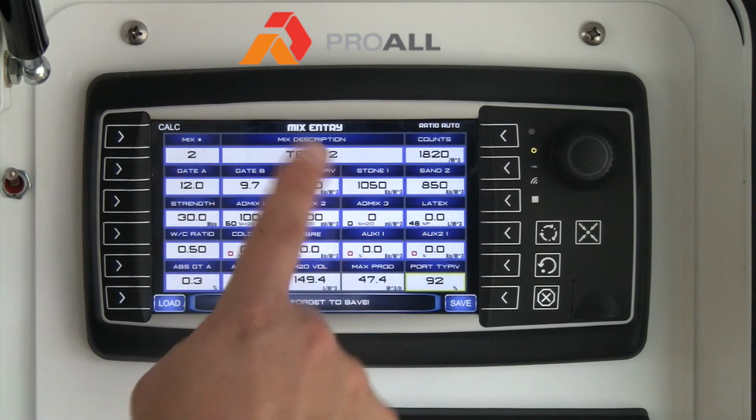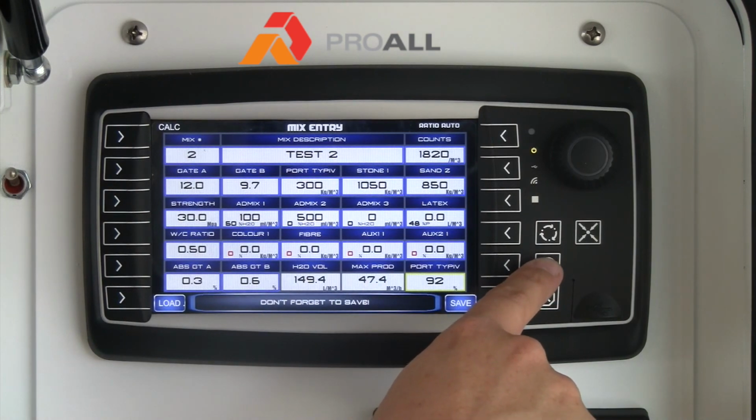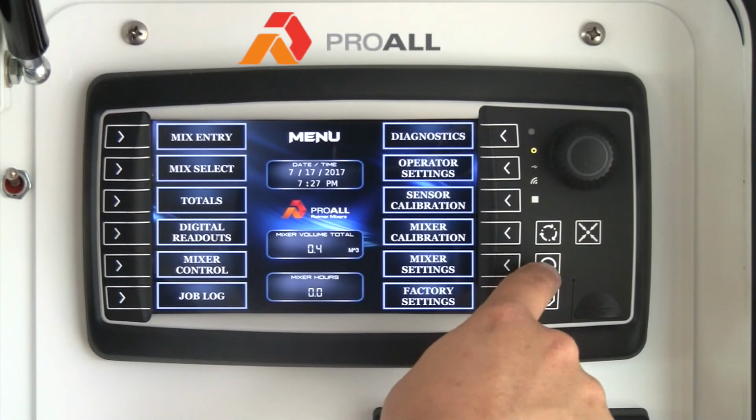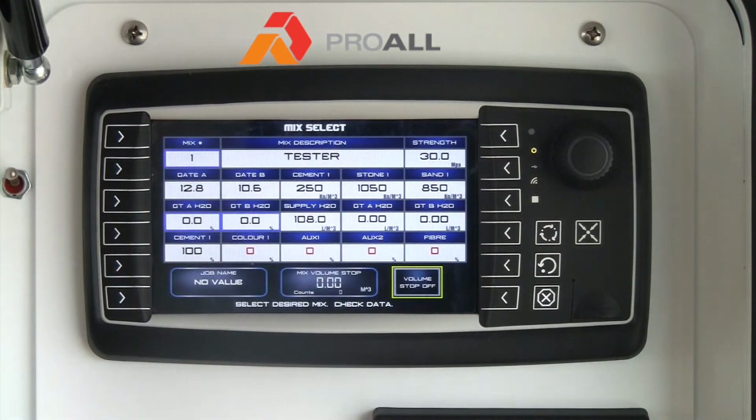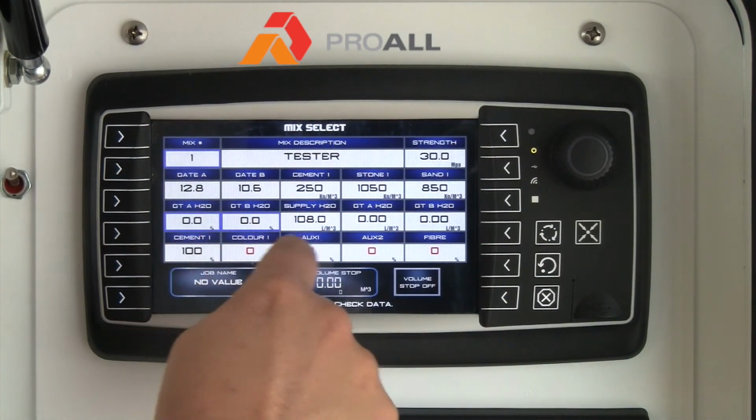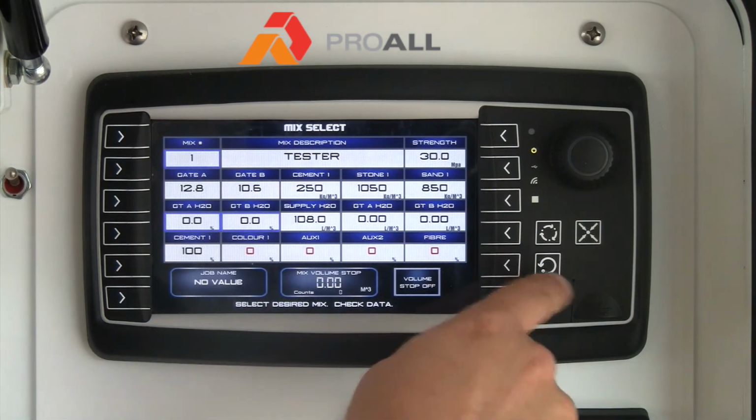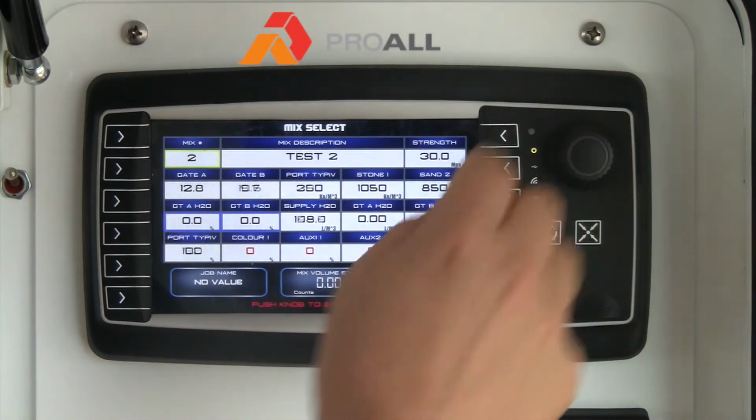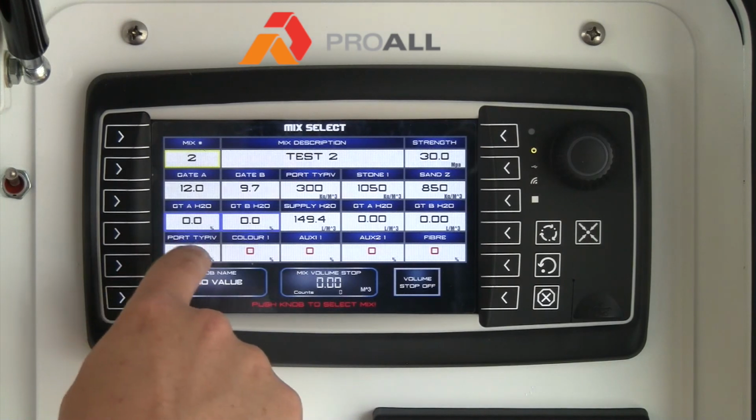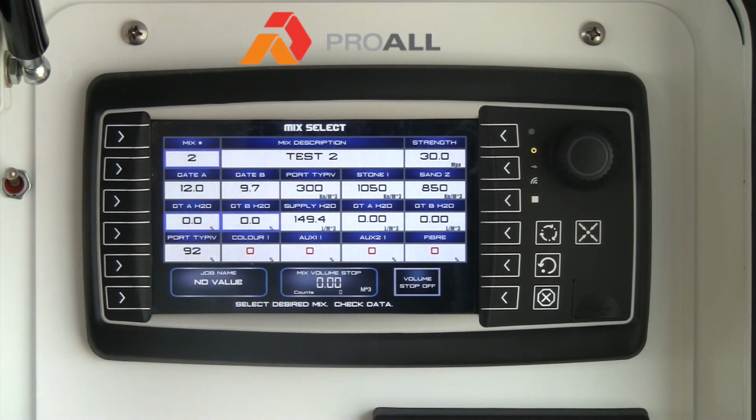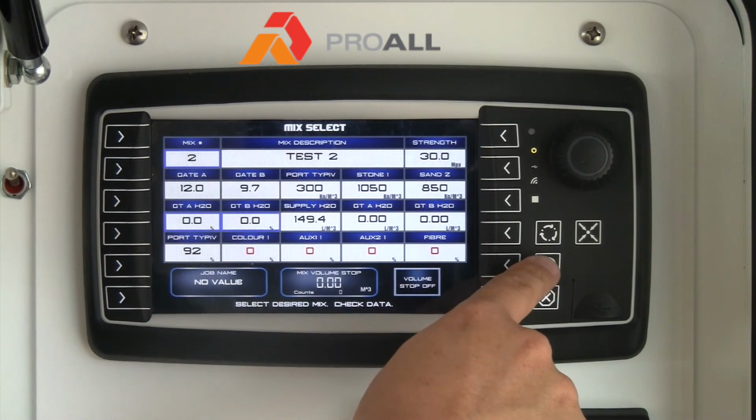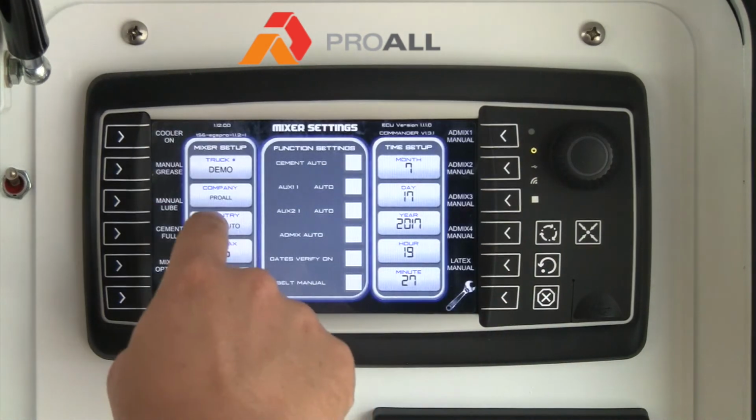So the main difference between ratio auto and ratio manual, I'll show you here. So if we go to mix select, you'll notice that these values are grayed out, so you can't actually change them. So we'll go to the one we just did. So again, 92%, right? I can't change it. Now if I go back to ratio manual,